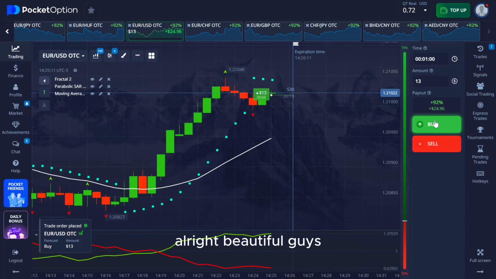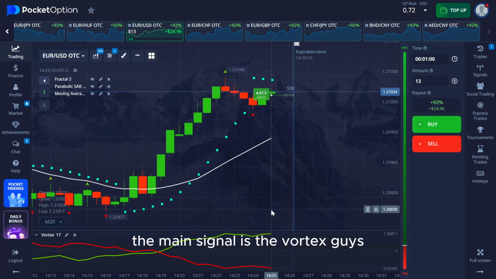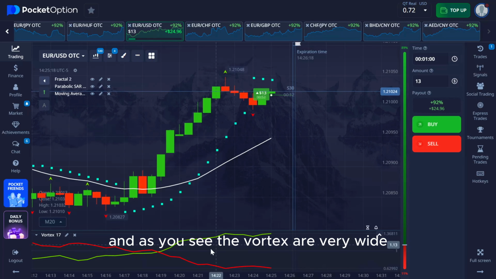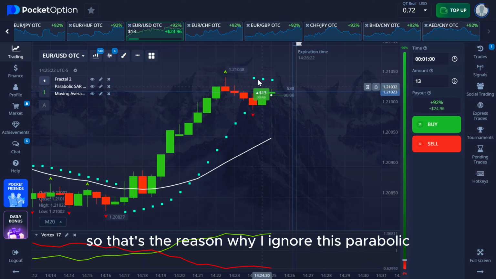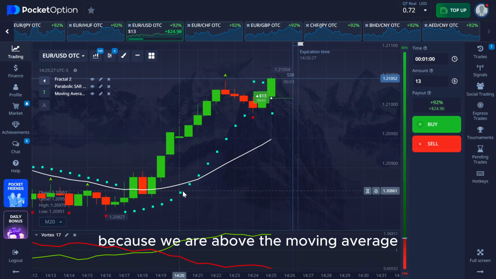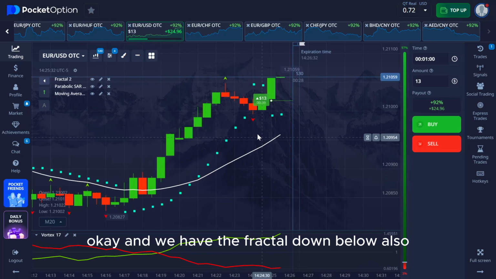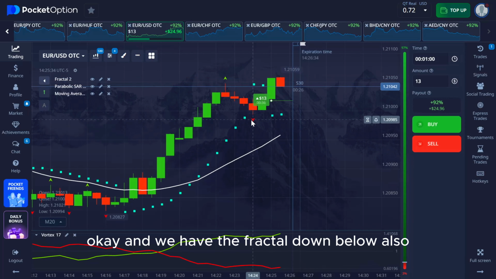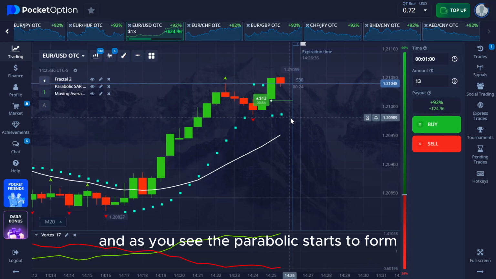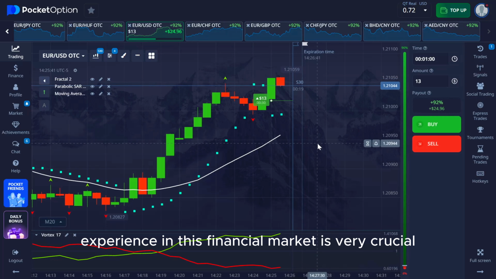All right, beautiful guys. As you could see right here, the main signal is the vortex, guys, and as you see the vortex are very wide, so that's the reason why I ignore this parabolic right here, okay, because we are above the moving average, okay, and we have the fractal down below also, and as you see the parabolic starts to form. That's why I'm telling you guys, experience in this financial market is very crucial,